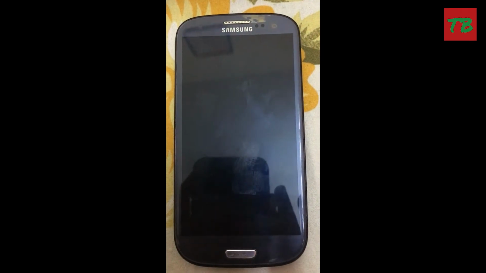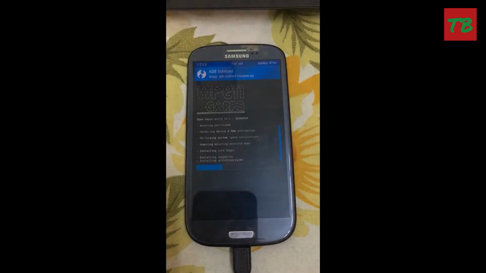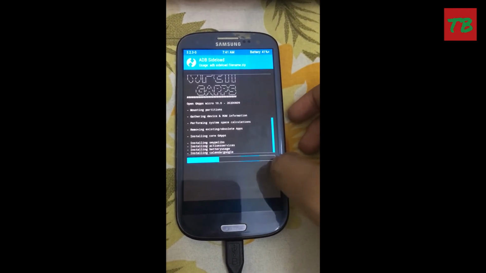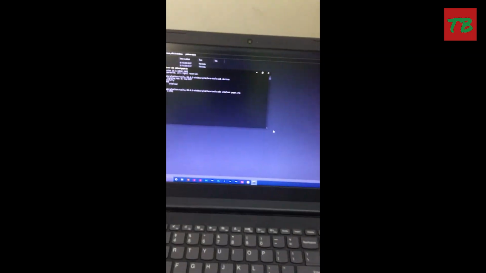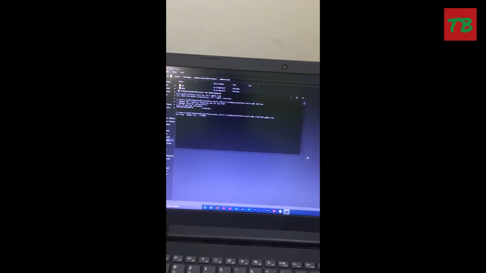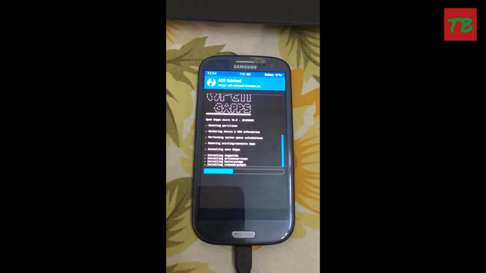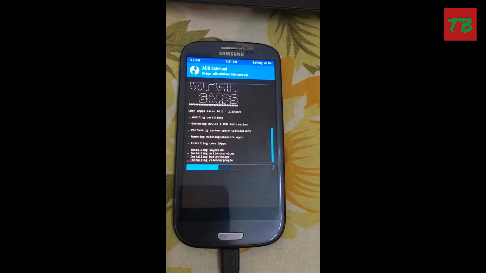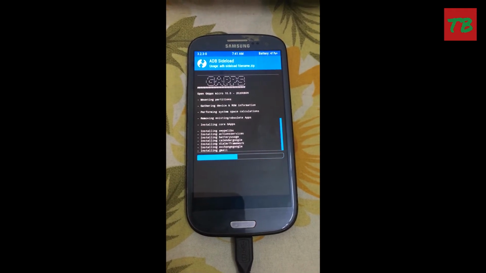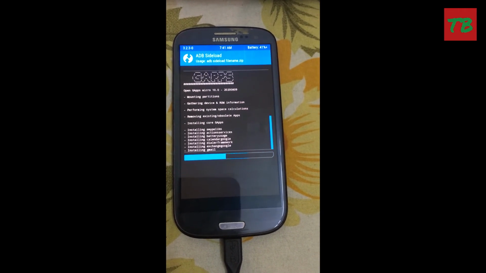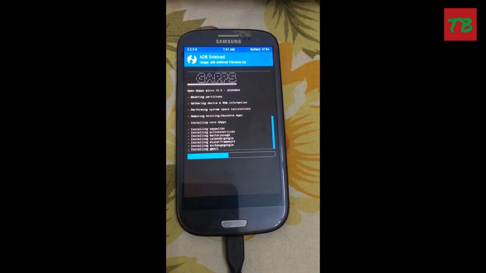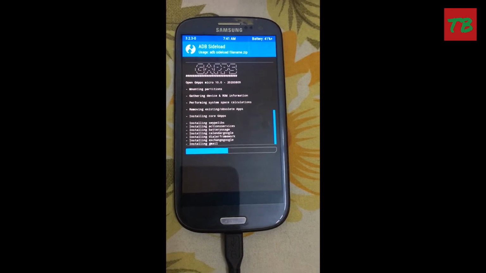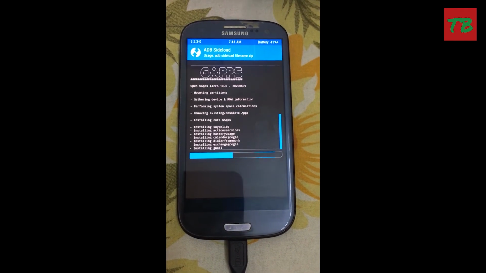So let's see. Okay guys, so what I am doing right now is I am going to install OpenGApps using ADB sideload since I don't have time to transfer this to the SD card and the device was not being detected. Now what happened was it didn't boot. Turns out I was supposed to not just factory reset, I was supposed to wipe Dalvik cache and data, which I forgot to do.